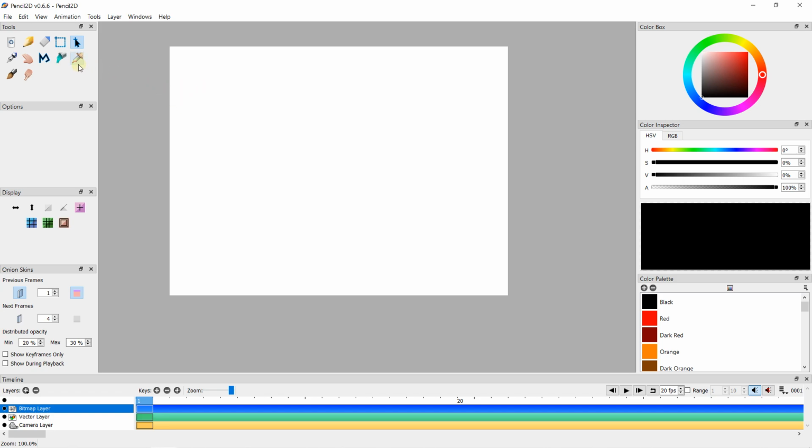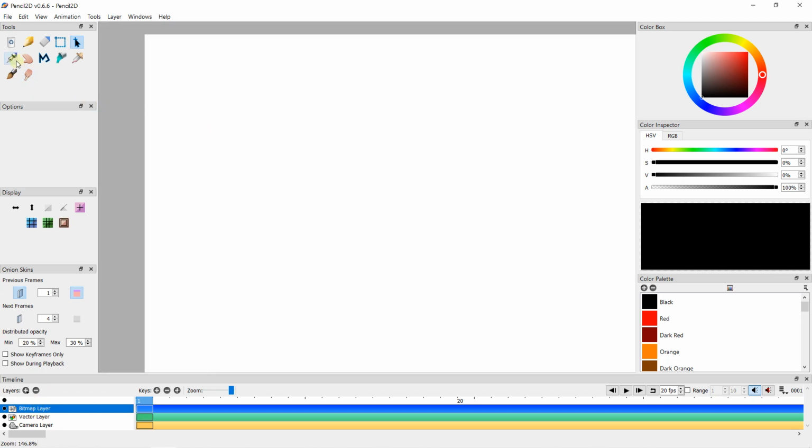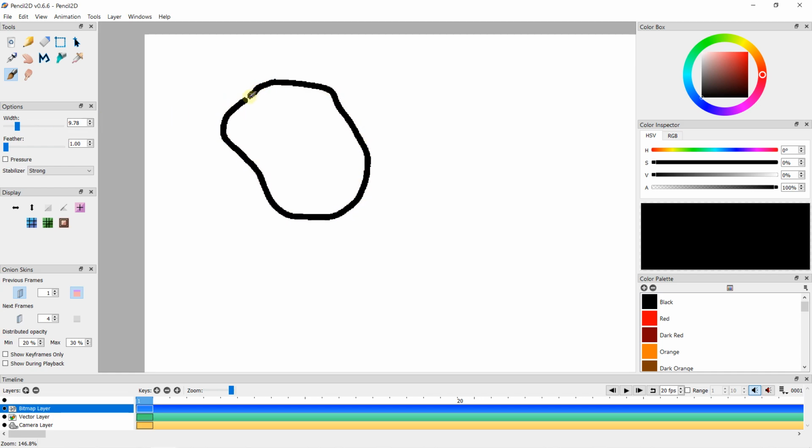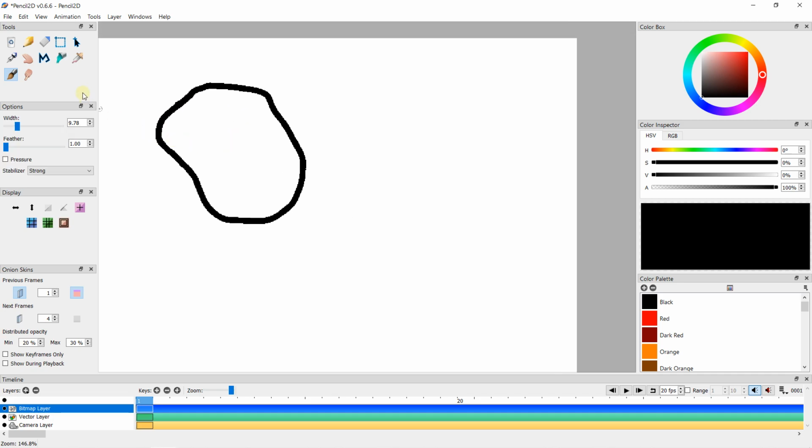Let's start with the selection. So the first thing that I'm going to do is to show you before on the bitmap layer. On the bitmap layer, I'm going to use one of these tools. Let's use the brush tool. Let's select the option and a wide, and I can just go left click and create a shape just like this. The fact is, if you want to create a selection, you can find the move tool.